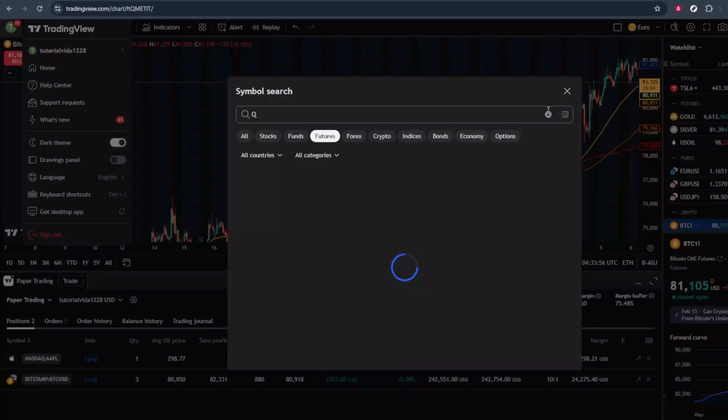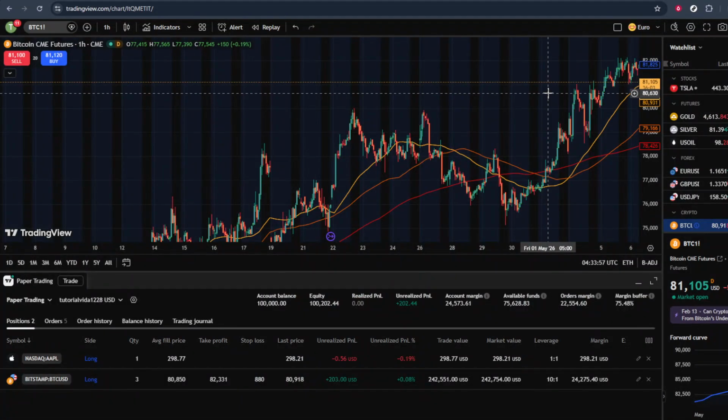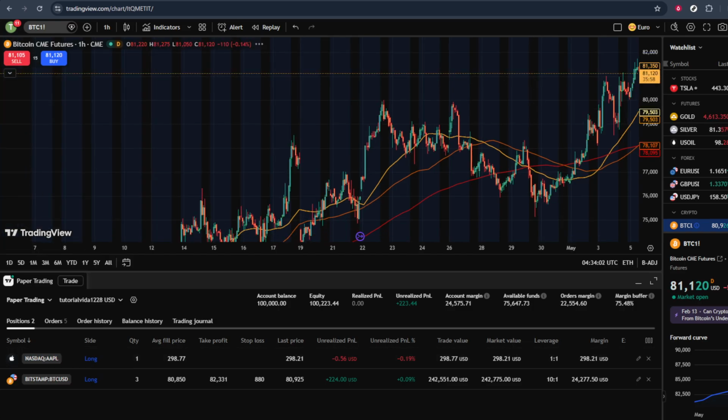In today's video, I'm going to teach you how to change the language on TradingView. This is really useful if English isn't your first language, or if you simply feel more comfortable navigating charts and tools in another language. I'll walk you through the process step by step, and you can follow along on your